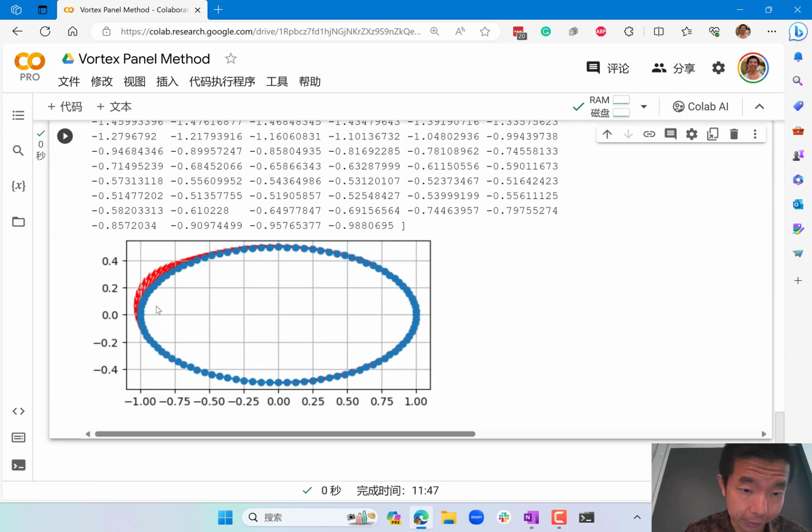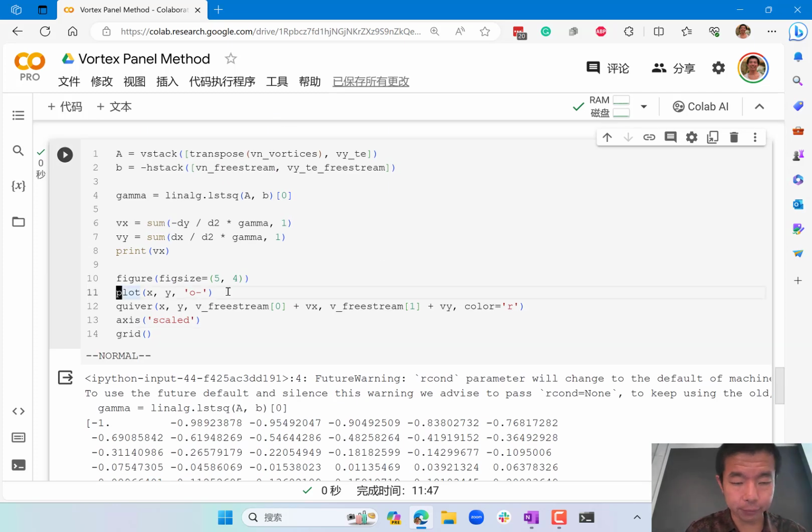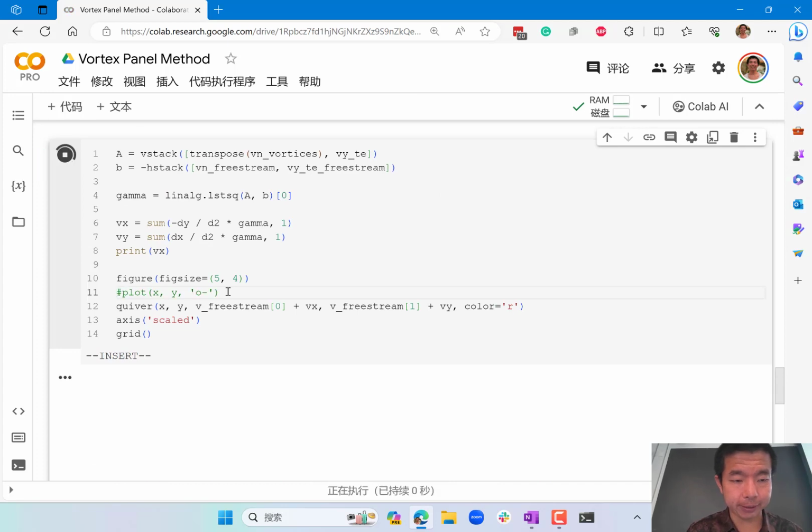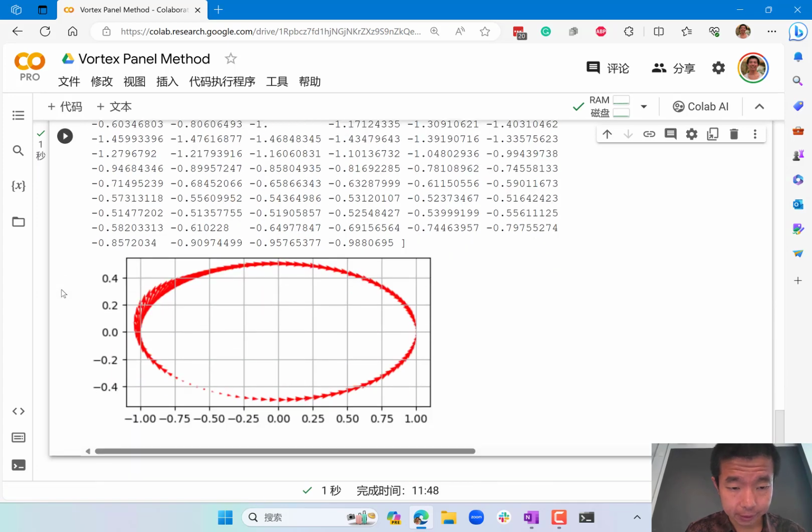Yeah, so this is basically my flow field. As you can see, the vector of the flow field is the largest over here, and it kind of conforms with the geometry over here. So let me remove this one so that we can see it a little bit better. Yeah, so this is how the flow field on the surface looks. Here is the stagnation point. Here is the trailing edge where we enforce the velocity to be 0, and we have the highest velocity over